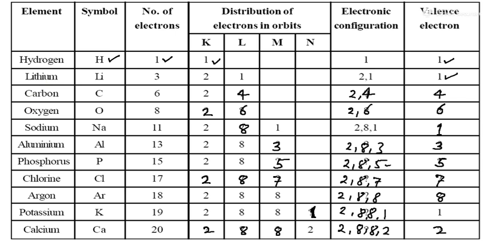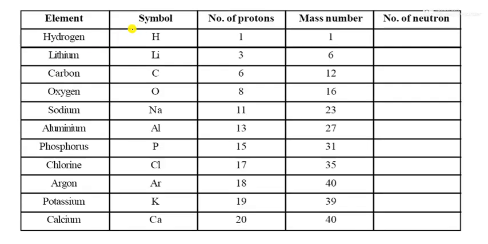Now come to the second table, which is given in your book. It is given as element, symbol, number of protons, and mass number. Now find the number of neutrons. How can you find the number of neutrons? First one is hydrogen. Symbol is H. Number of protons is 1. Mass number is 1. So subtract the number of protons from the mass number. So there are no neutrons. Always remember, only one atom has no neutron, and that is hydrogen. So it is a special type of element which has no neutron in the nucleus of the atom.